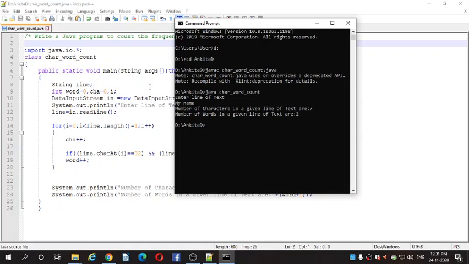It is counting from M, that is 1, 2, 3. It also includes the white space between the words. So 1, 2, 3, 4, 5, 6, 7. So it is giving you the characters in a given line as 7. Number of words in a given line of text are 2. I have entered 2 words, so it has given the number of words 2.